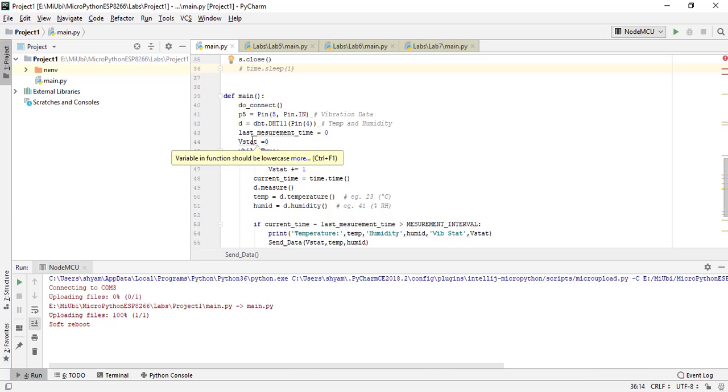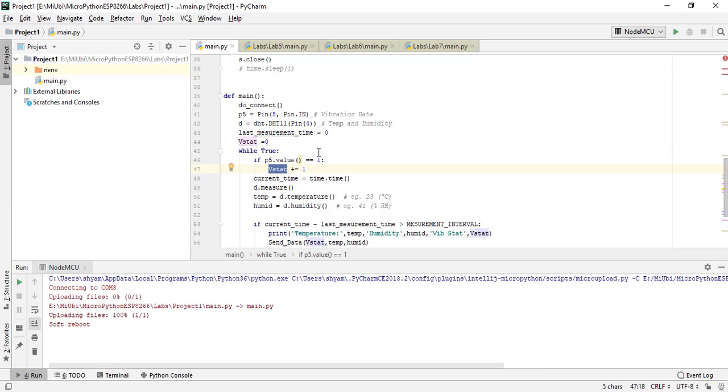I took two variables, measurement time and vstat. This is the vibration status data. While true, if P5.value is 1, that means there is vibration data, 1 or 0, as we said. If the SW420 is vibrated, based on the threshold we'll see a 1 or 0. If that is there, I'll increment vstat.